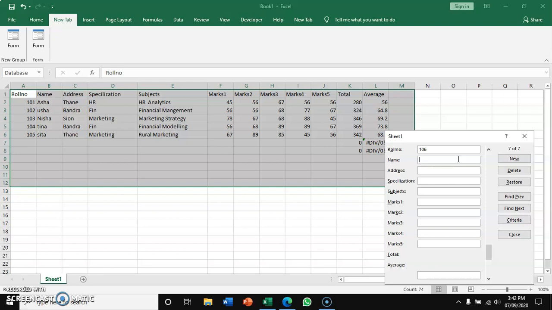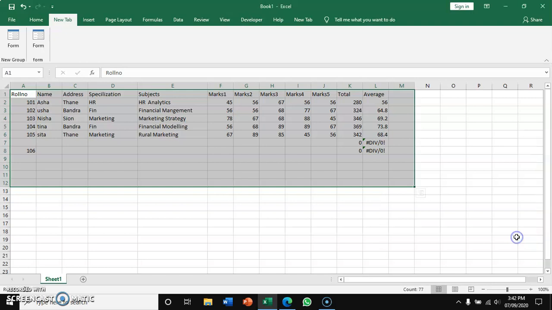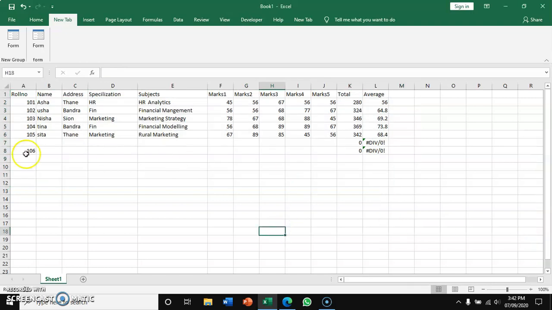So like this you can create validations for your form before creating the actual form, so your data will also have the validations. So that's all for this video. Thank you very much. I hope you have understood this.